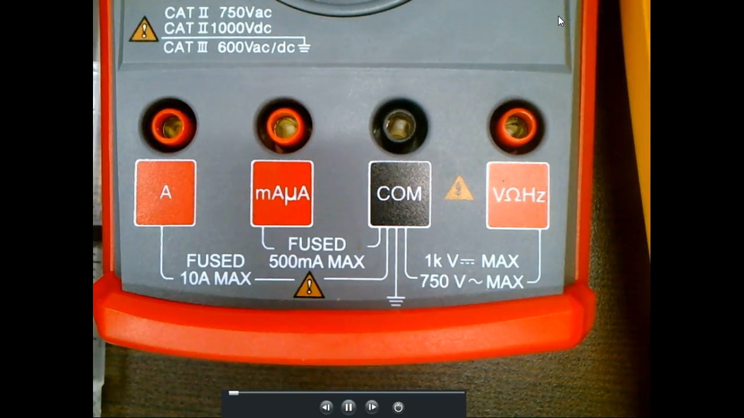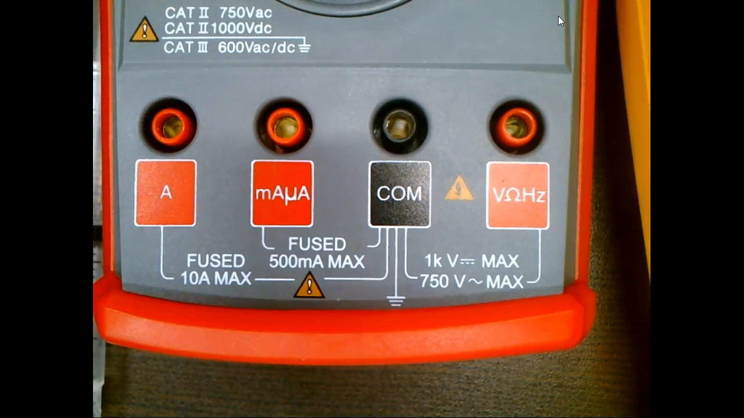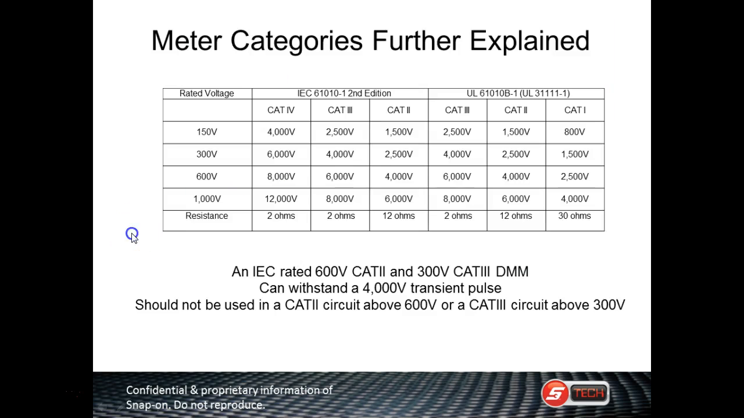So this meter is only rated as a Cat 2 meter at anything above 700 volts AC, right? Now, why is it rated less for AC than DC? Anybody know? Why is it rated at a lower voltage for AC than it is for DC? Right, but with AC, what we have to understand is, let